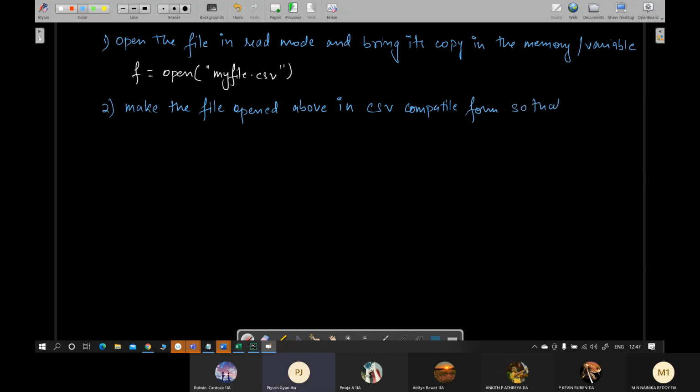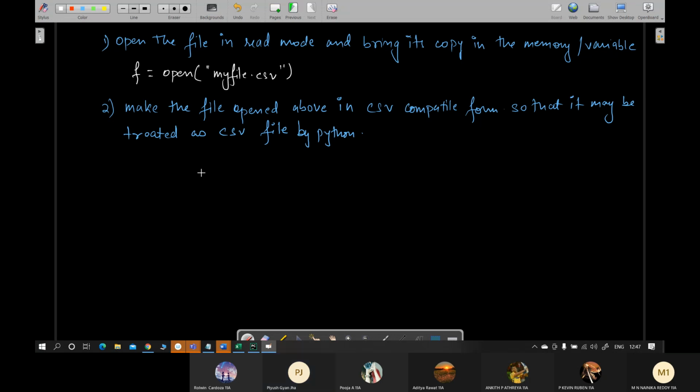It may be treated as a CSV file by Python. Okay.